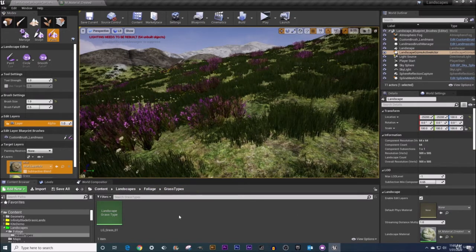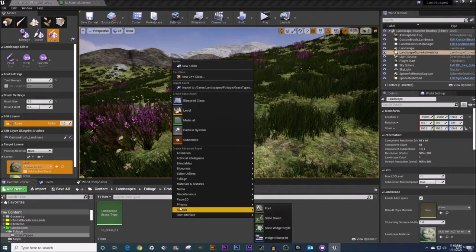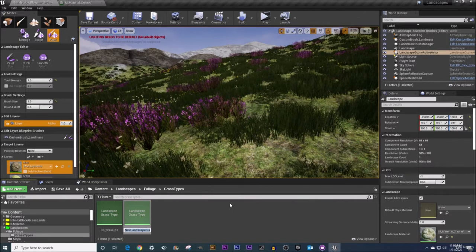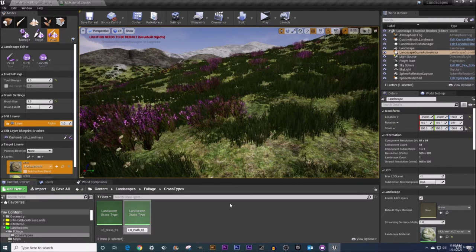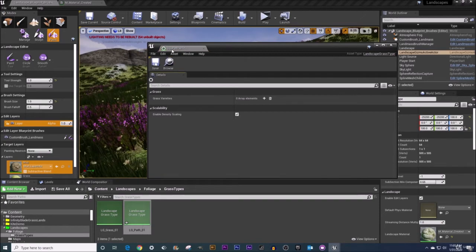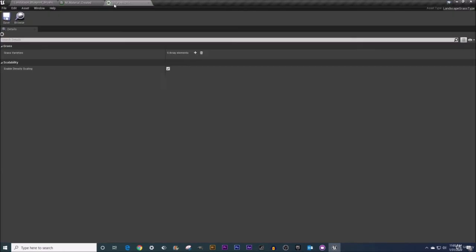I'm going to right-click in some empty space here. We're going to come under Foliage, Landscape, Grass Type. Select that. And we're going to name this new grass type LG_path_01. And I'm going to double-click on it to open it up, and I will dock it across the top here. Now I'm going to be adding two grass varieties here, so I'm going to click on this plus button